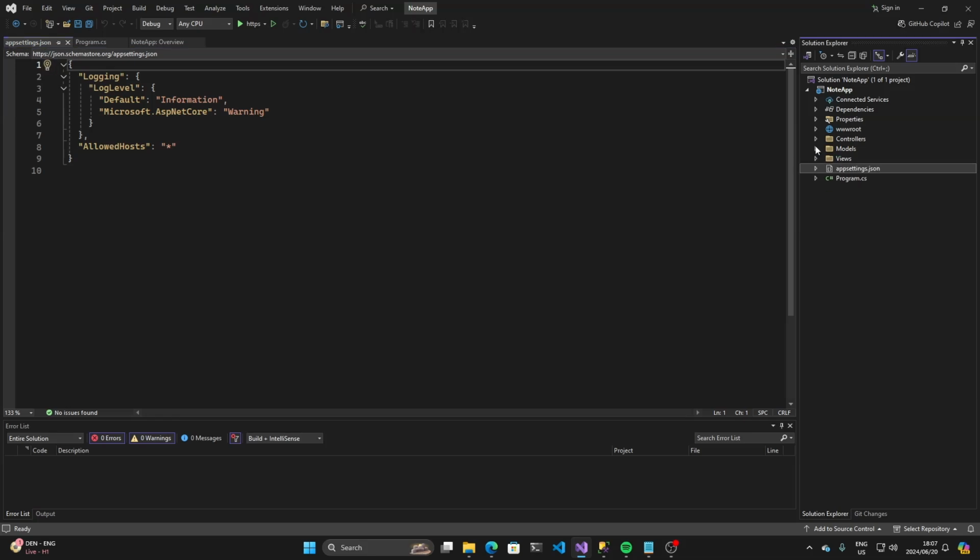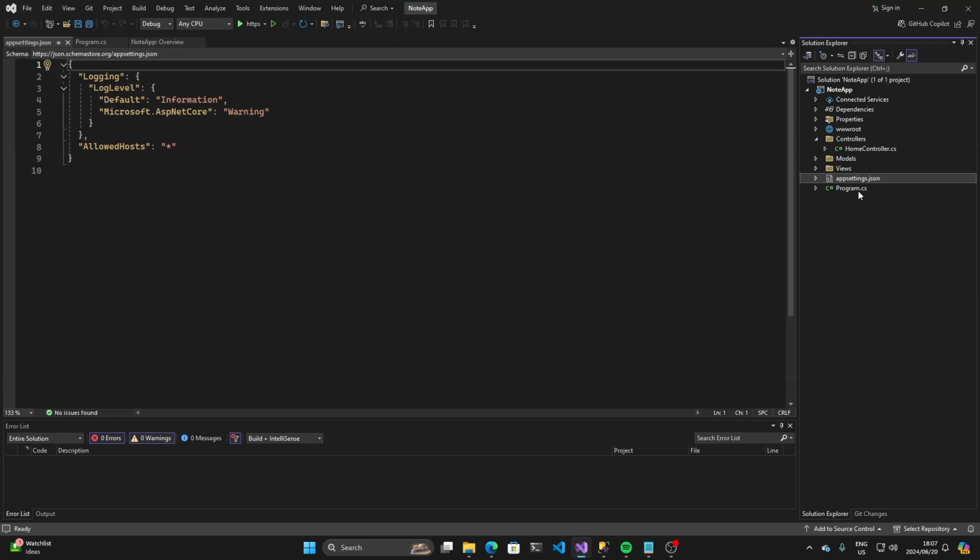We have a model. This model is basically a business model or business logic. And controllers. Controllers are basically whenever you get any kind of information from the view, it'll go to the controller, and the controller will go and check the model and the data, get all the data, and then send it back to the views, right? So that is the basic concept of